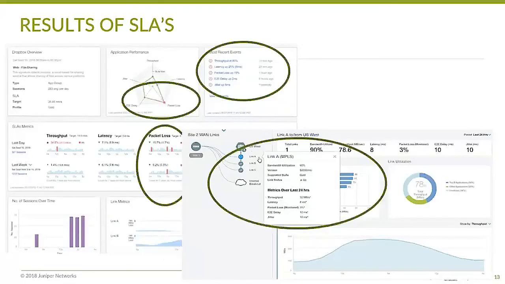Some of the results of those SLAs for a moment here are, you can see here that this application Dropbox is a business critical app for this organization. You can see there in the leftmost circle, the application performance, the axes on that are throughput, latency, packet loss, end-to-end delay, and jitter. And most of the metrics are within the normal bounds of what we would expect or require out of that app. However, we see there the packet loss has actually breached our SLA level for that